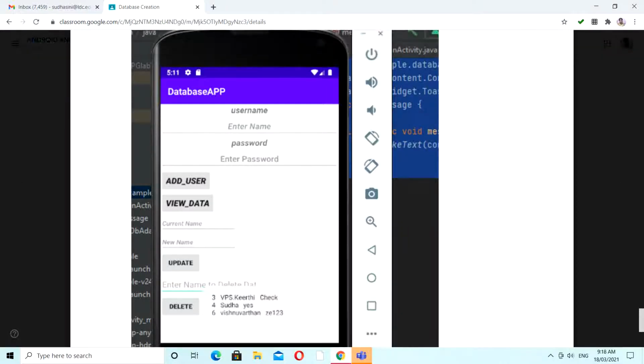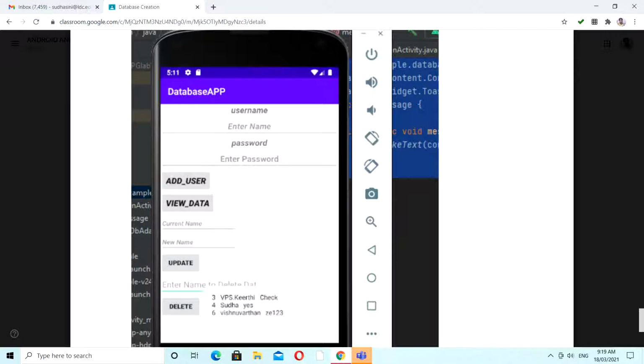So in this entire process, we have the operations of addition, viewing, updation, and then deletion. Using these two text boxes, we can give a new entry. After the new entry, we have to click this add user. After the new entry, if you want to view this data, we have to click on this view data button. And then if you want to make any kind of changes for a particular field, here I have given an updation for a single field. If you want, we can update multiple fields also. It's not an issue, right?